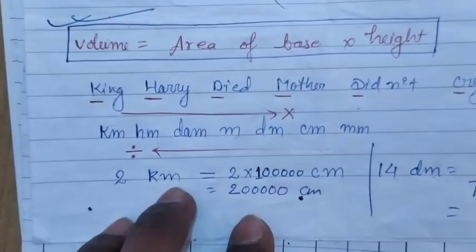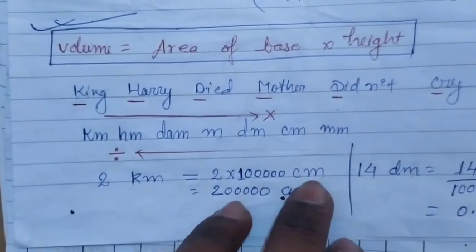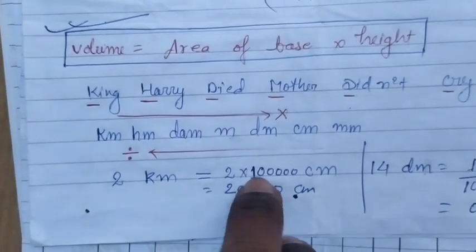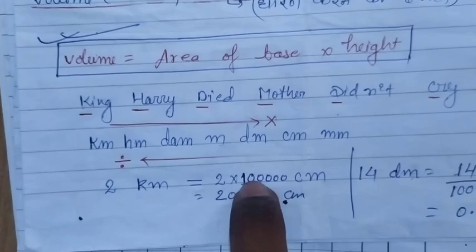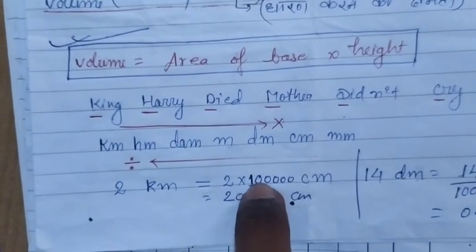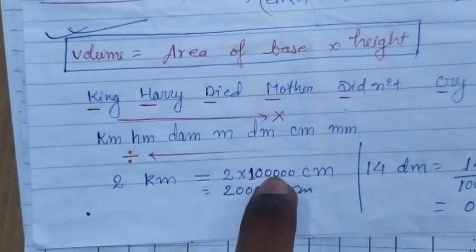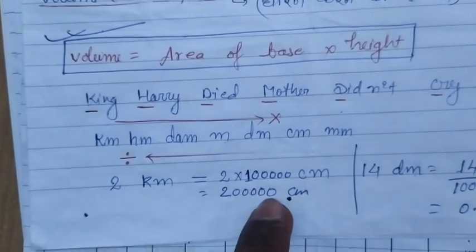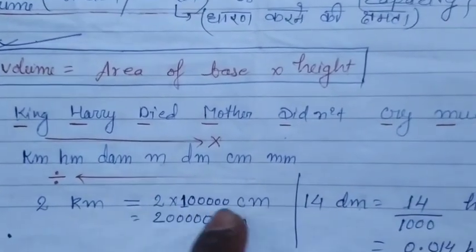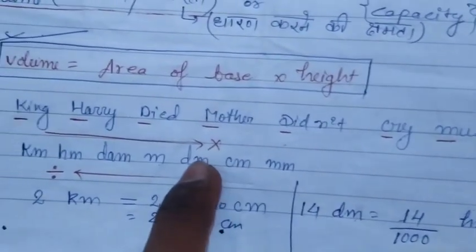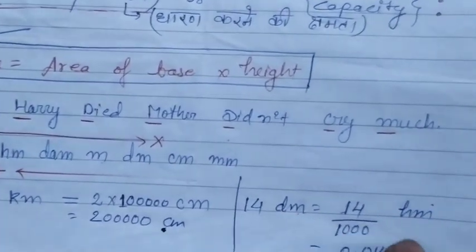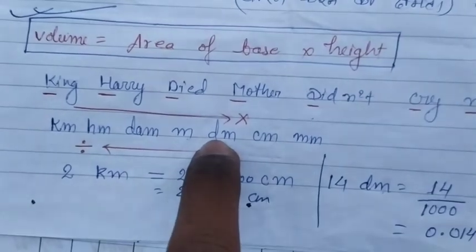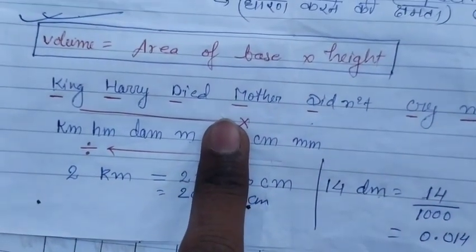In 5 steps we covered the distance between the kilometer and centimeter. So we will multiply, because whenever we go from the left to right we multiply. But how many numbers and what numbers? That is 5 steps, so 5 zeros. 1 2 3 4 5. So do this like I told. But when we need to go from right towards left, that is decimeter to hectometer. Here is decimeter. So cover this, and we have to go in the